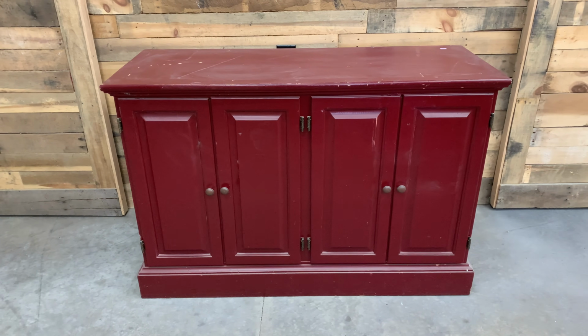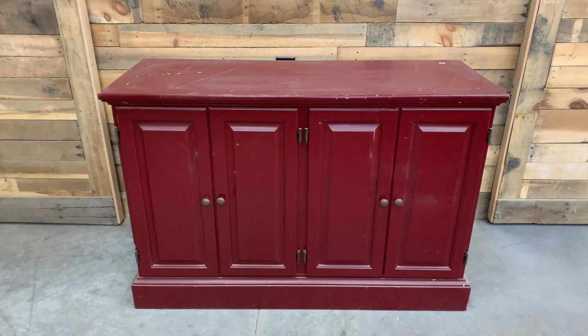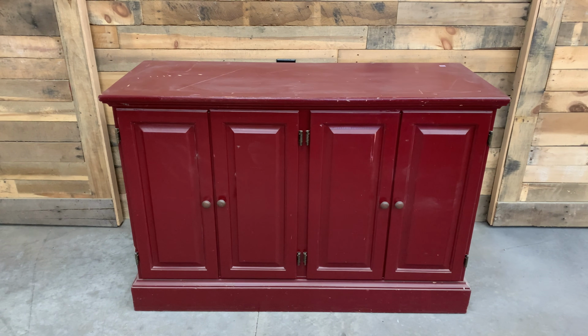So yep, in today's video, that's what I am bringing you, this red buffet that I have had since last March. It got stuck back in our storage, but that's okay because it wasn't its time yet. So now it is its time, it's up front and center, and so it is getting done. And did I tell you all, yet again, it is red, which is usually not any big deal, but,